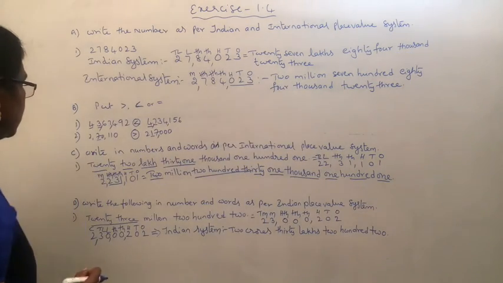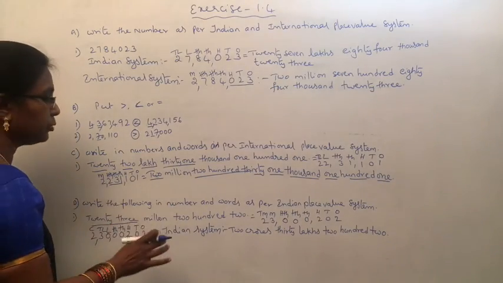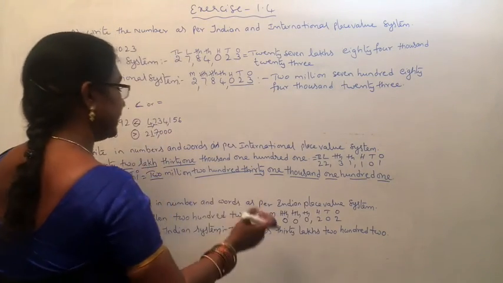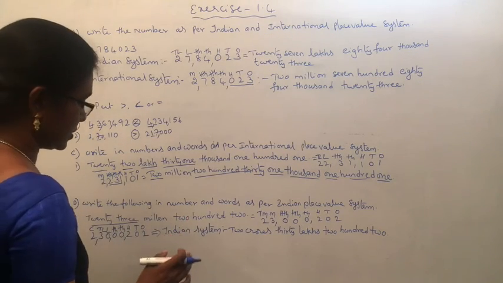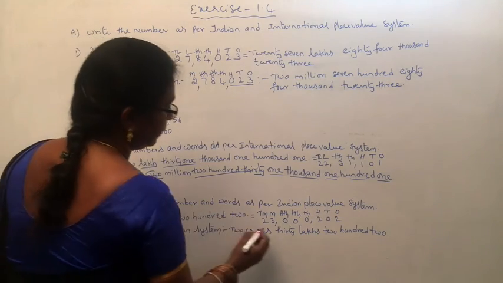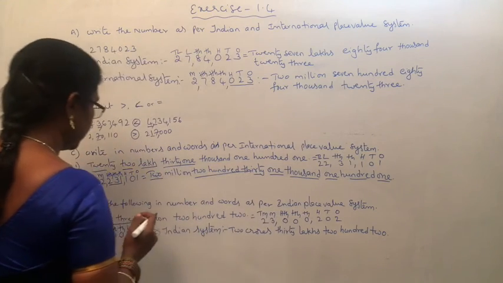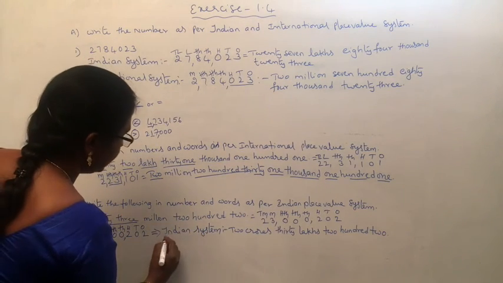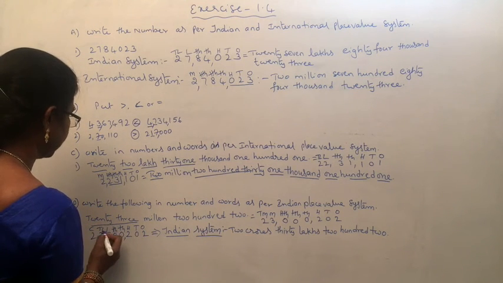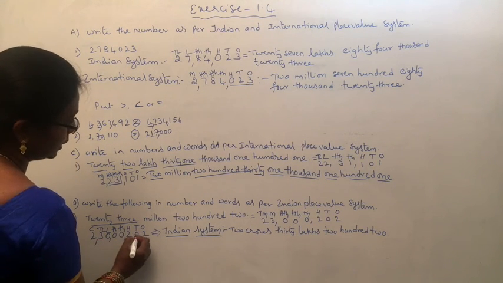What is the fourth bit? He has given the number name in international system. First we have to write that international system number name as a number, then that number you have to write in Indian system. Now what has he given? 23,202,000 means 23,000,202. That number you have to write in Indian system. Indian system place values: ones, tens, hundreds, thousand, 10,000, lakh, 10 lakh, crores. How many crores? 2 crores, 30 lakhs, 202.